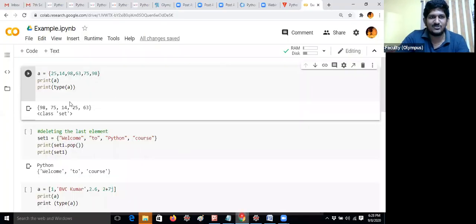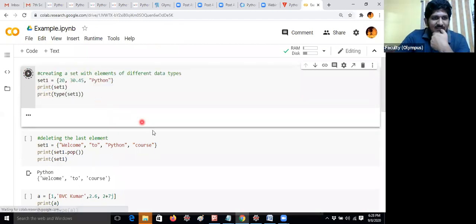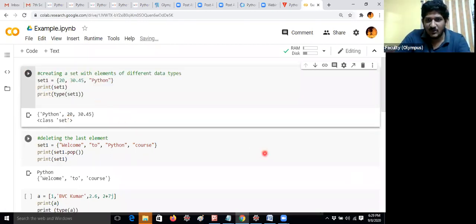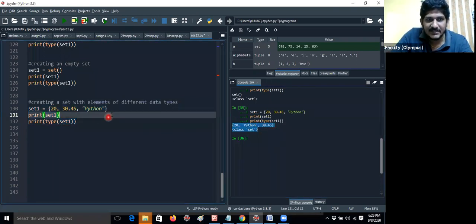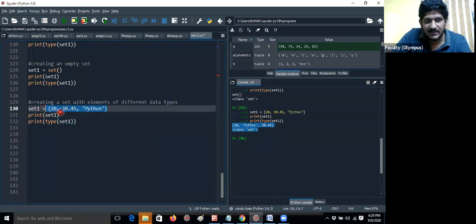For example, let me execute this in another code. Python, 20, 30.45. Okay, that's fine, very good. You can see I'm running this program in Spyder, and I'm getting 20, Python, 30.45. That means the order is different, because Python is displayed as the second element and 30.45 as the last element.